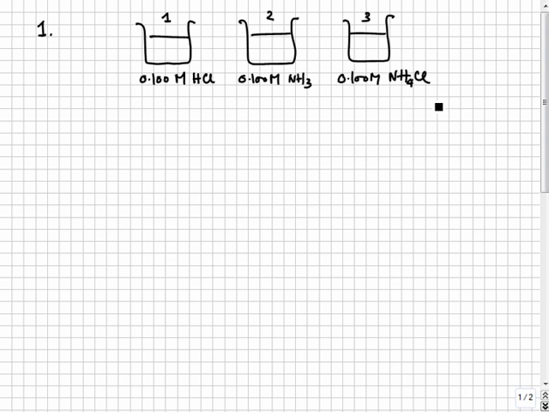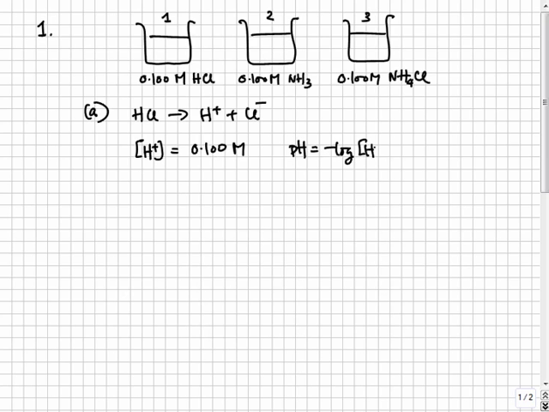Beaker 1 has 0.1 molar HCl, Beaker 2 has 0.1 molar NH3, and Beaker 3 has 0.1 molar NH4Cl. Part A. HCl, hydrochloric acid, is a strong acid. What that means is that it will dissociate completely into H plus and Cl minus. So the H plus concentration is just equal to the HCl concentration, which is equal to 0.100 molar. The pH is defined as the negative log of the H plus concentration, so it comes out to be